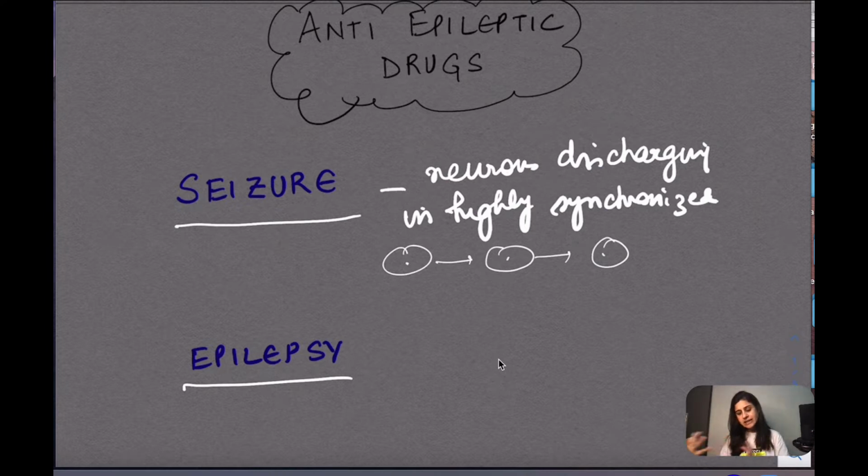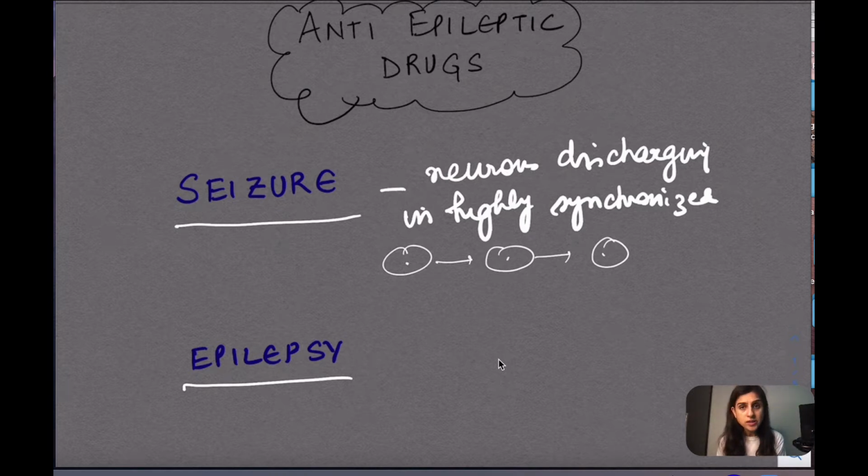There is continuous passage of these high electropotentials. So they're all discharging and getting fired at the same time. So that's a seizure. Now, seizure is not every time an epileptic seizure, because you've heard of a terminology called febrile seizures,